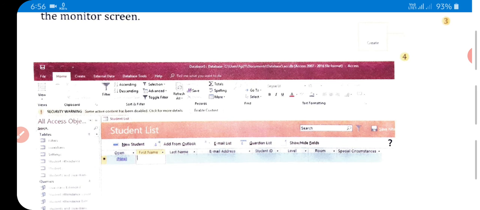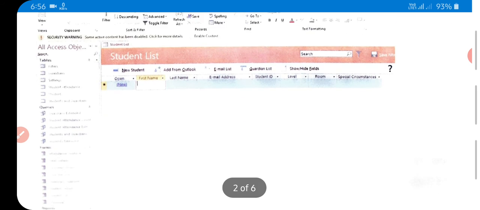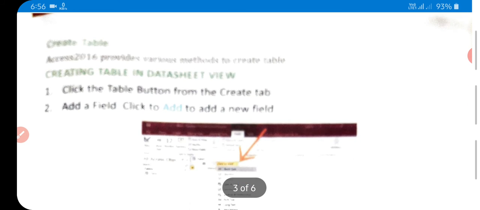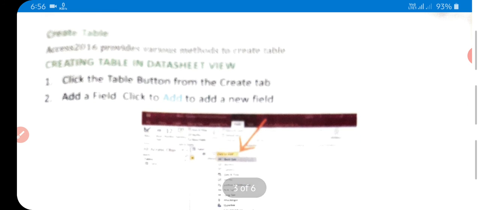After that students, create a table. Access 2016 provides various methods to create a table, and among those we discuss creating a table in datasheet view.